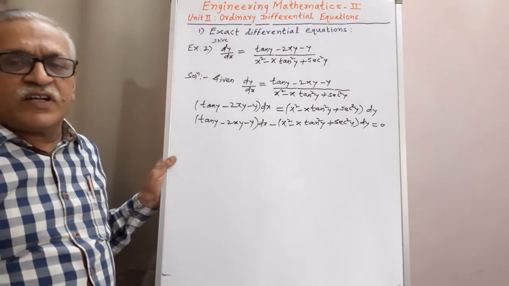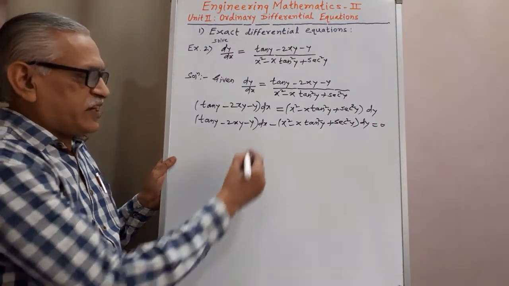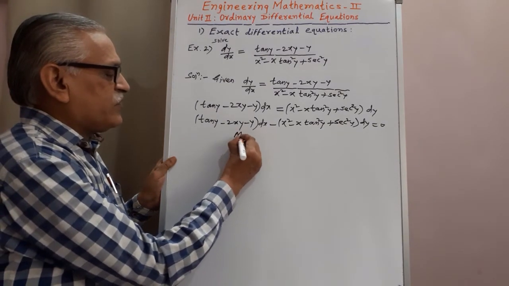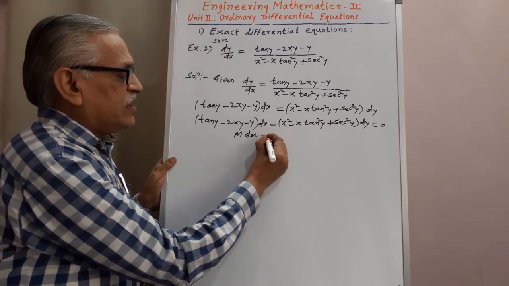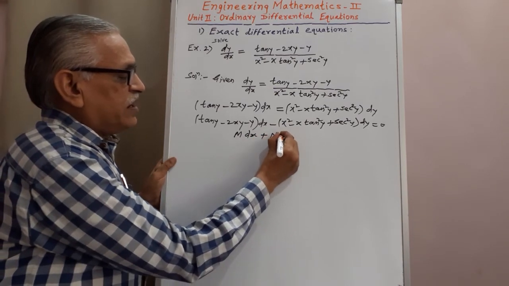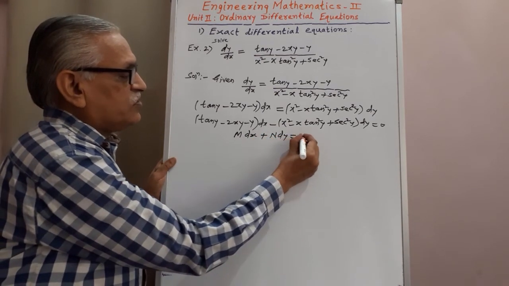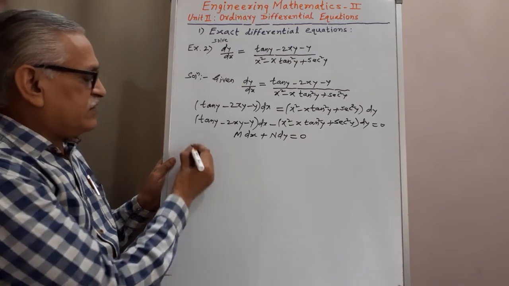I have converted it in the form of M dx plus N dy. Therefore, comparing it with the general form M dx plus N dy equals 0, we get